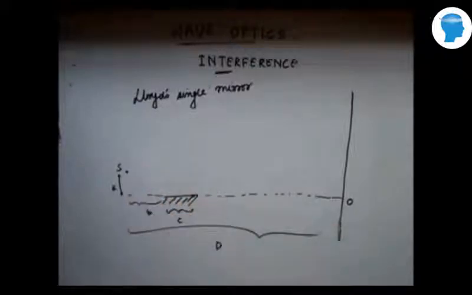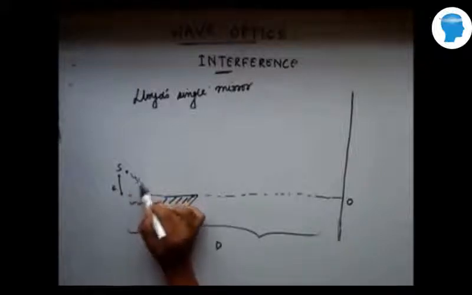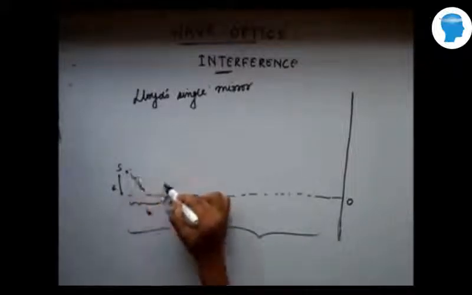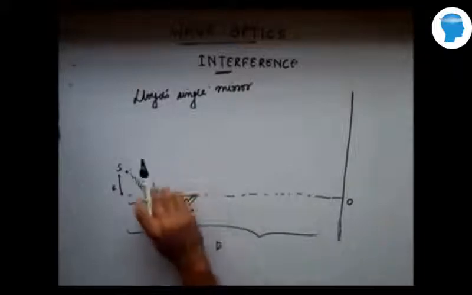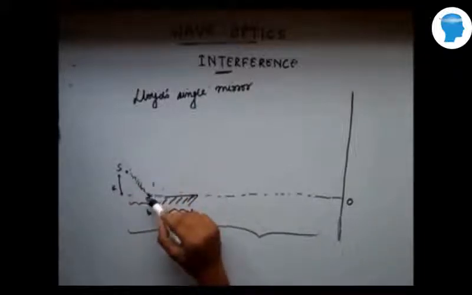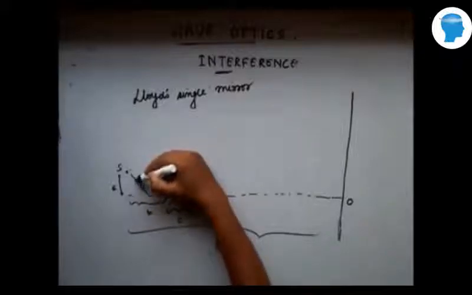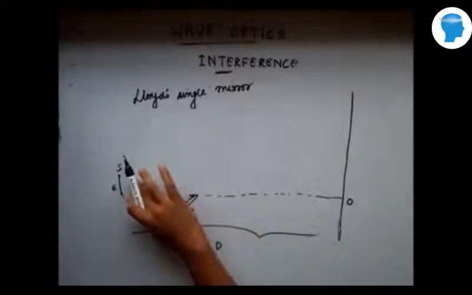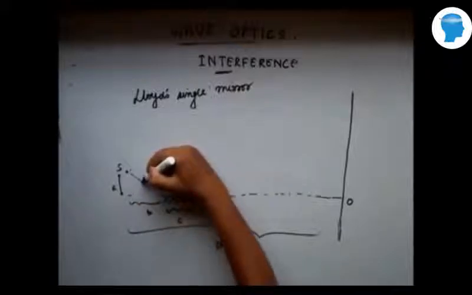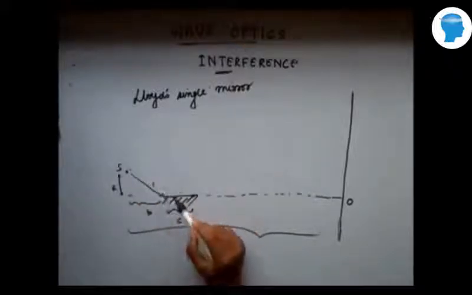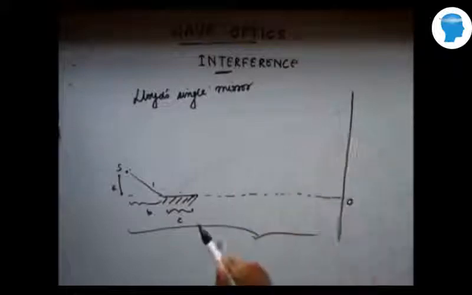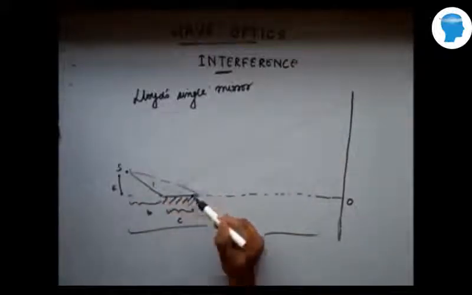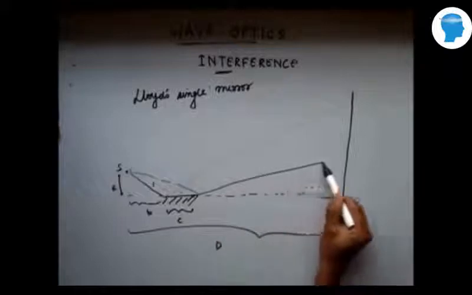Now the other source, we need two sources, right, for interference to occur. The other source is derived from this mirror. What happens is, the light waves also strike this mirror, and it gets reflected from this mirror. So let's say light waves strike here, this corner, it gets reflected, let's say like this, and it will strike here, it gets reflected like this.